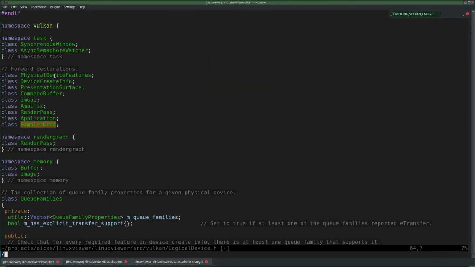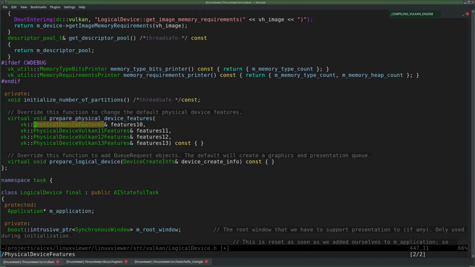Yeah, it's kind of only this one, I think, that's being used in a virtual function.